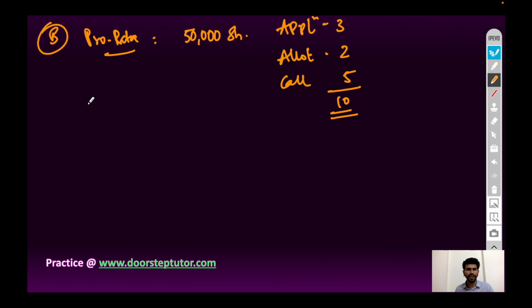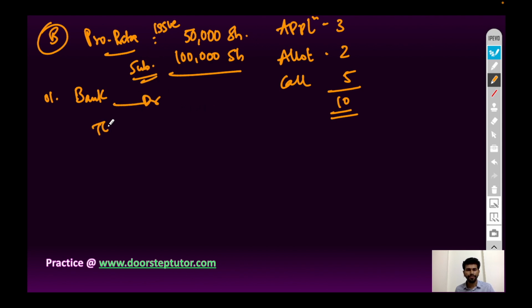Total face value is 10 rupees. Then the first entry will be, given the shares are issued, application is received for 1 lakh shares, 50,000 issued and subscription for 1 lakh shares. So bank account debit